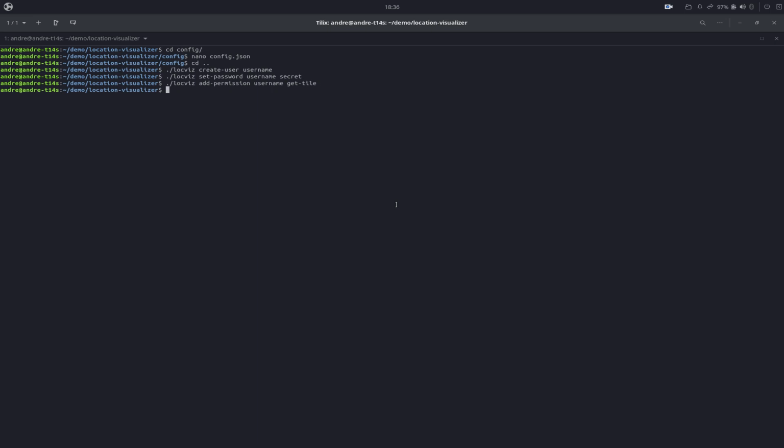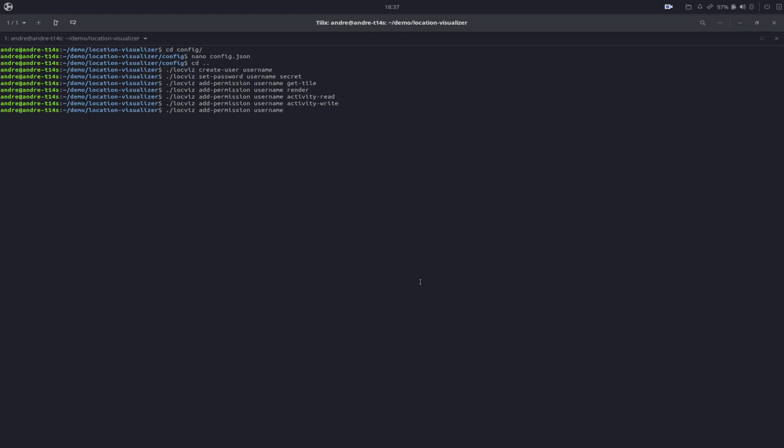And I will just hit the arrow up key, and then I will get the last command again. And then I will replace the permission with the permission render. Hit enter again, and then I repeat this process. Next permission I give is called activity-read. Then activity-write,